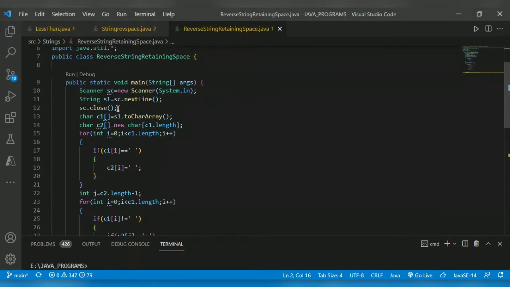As usual, we get input as a string, "hi hello". After that, we declare a char array, s1.toCharArray(). This method will convert this whole string to a character array. How it will store means